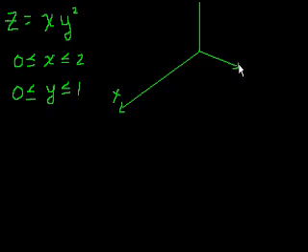X, y, z, and we're going. X is going from 0 to 2. Let's say that's 2. Y is going from 0 to 1, and we're taking the volume above this rectangle in